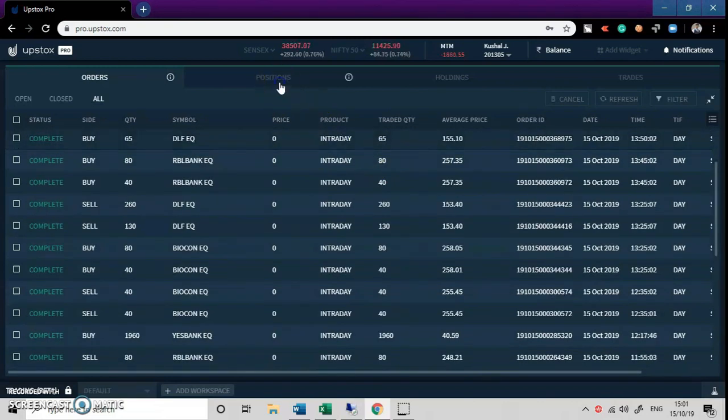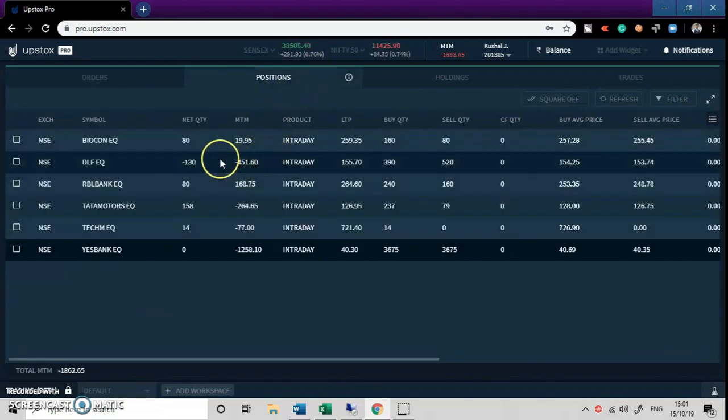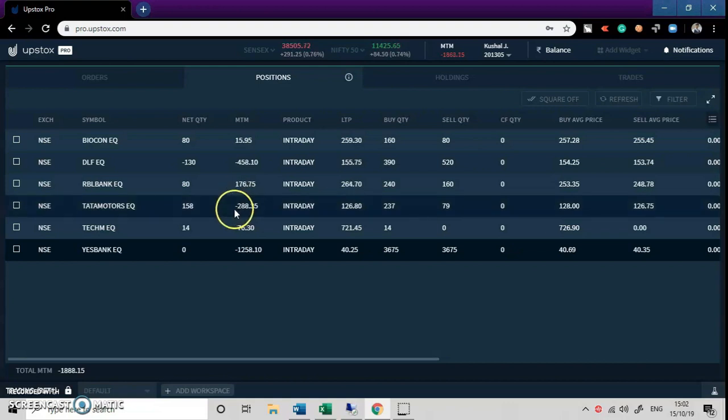So 258. However, the other stocks did not give us much profit or loss. One thing I understood on this day is that I should not use market orders, because market orders are way too volatile and they eat up a lot of my spread. So tomorrow, when the day starts on 16th of October, I would use limit orders rather than market orders.